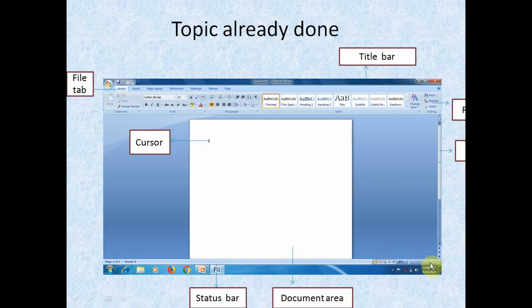If you zoom in, it will be viewed bigger than the screen is showing.